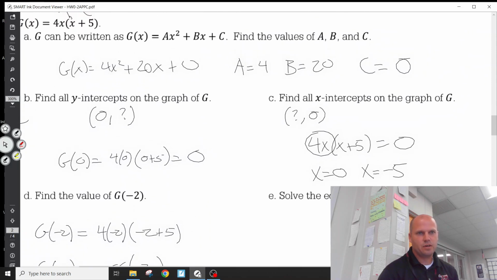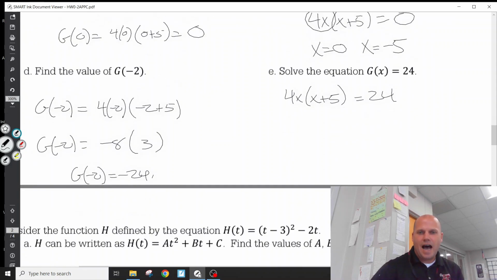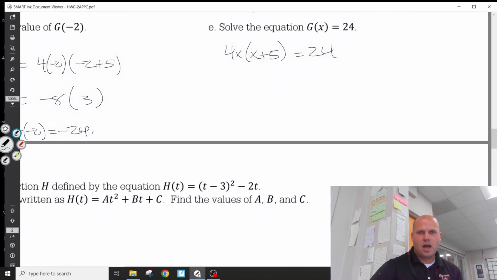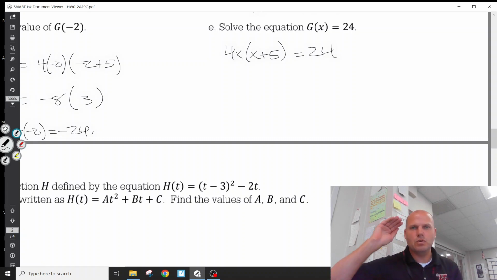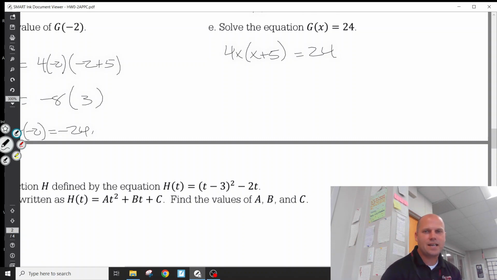Now this is a good one. So let's say I had 4x times x plus 5 equals 24. It is not advantageous to have a factored form set equal to a number. This gives you no help at all. You could try to guess and check. Maybe you'd figure it out. But it's actually better if we had this distributed